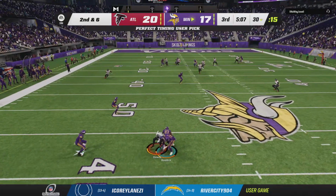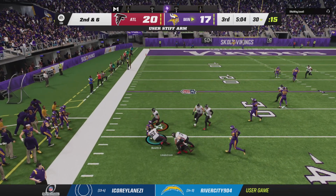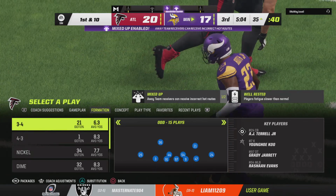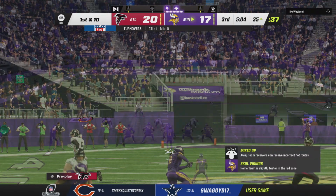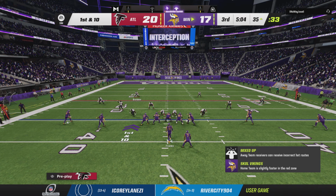Oh, that's into double coverage and intercepted. Andrew Booth picks it off. And the Vikings are going to take possession of the football. Well, that's a drive killer right there. Not a really confident throw either. This one's kind of up for grabs, and it's going to come down in the hands of the wrong team. Ball up to the 35 now as they come up on 1st and